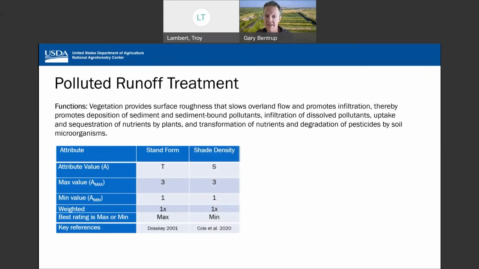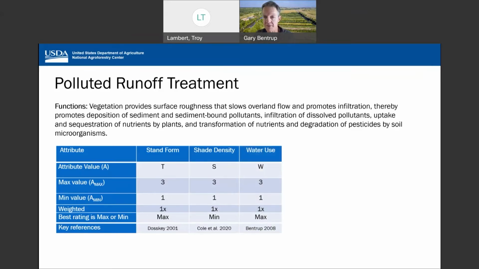The next one is shade density. What we're looking for here is a plant that casts minimal shade, with the idea that we want a good understory of vegetation, forbs, grasses, and whatnot that will provide that surface roughness that will filter water as it's running across the landscape. Water use, we want species that have high water use.